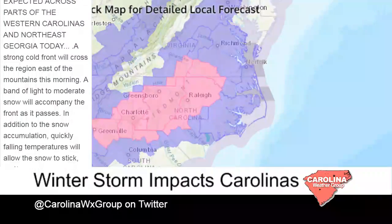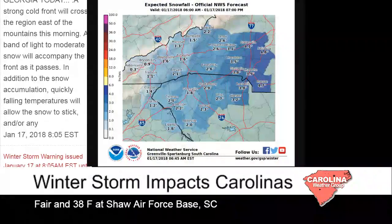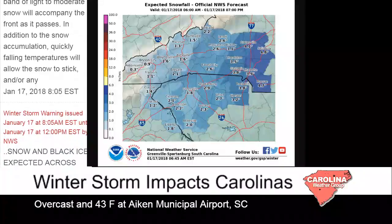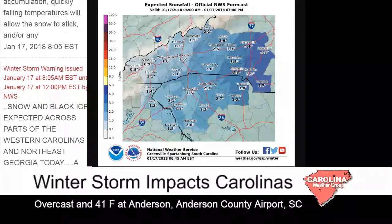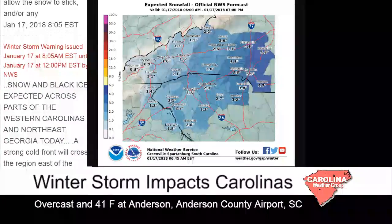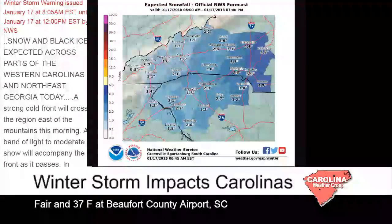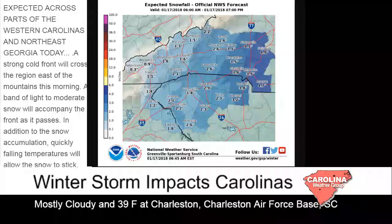So let's go office by office now, let the local experts tell you what they're anticipating in their neck of the woods. The forecast this morning from Greenville-Spartanburg looked like it updated, Scotty, and then it almost looks like it resorted back to an older image. Let me see if I can give this a good old internet kick, because I suspect, no, that's probably about right. Okay, so we're probably going to see about 3 to 4 inches in Mecklenburg County, as you know,